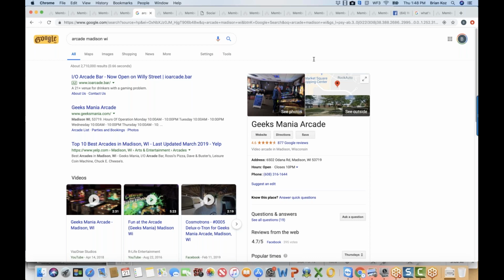Or if you go to a town and you're looking to get, let's say, some Chinese food, and you do a search for Chinese restaurant in whatever town, and you're on your phone, if you see a bunch of restaurants with links like this, but you see a couple at the top listed out very, very clearly, where you can do a click to call, or a click to see the menu, click to get directions and all that.